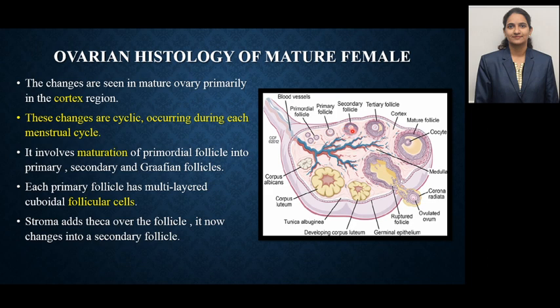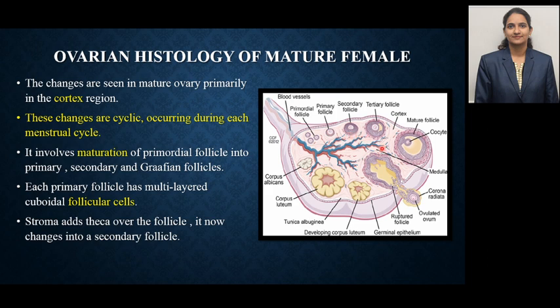You can see this in this structure. There is enlargement, or addition of external layers. Similarly, there is formation of a cavity in between. We are going to see in detail the cavity and Graafian follicle structure in a separate video. Till now we concentrate on the mature female ovary histology.